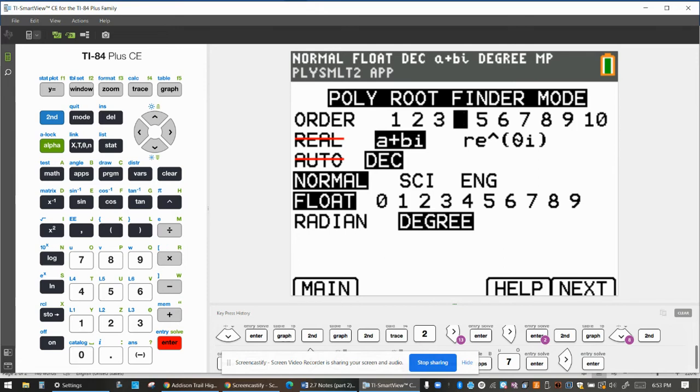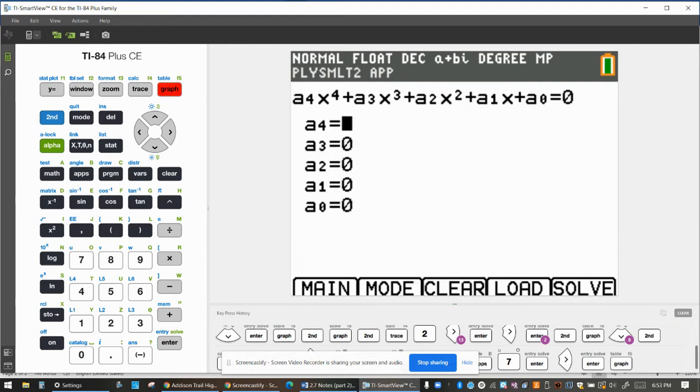Don't worry about everything else. Your screen is not a touch screen, so you can't just click on next. To go to the next screen, you're going to select graph. So the button that you're going to push to go next is graph. On your actual graphing calculator, you're going to push the button that says graph, and you're going to type